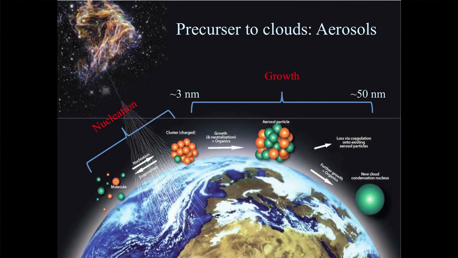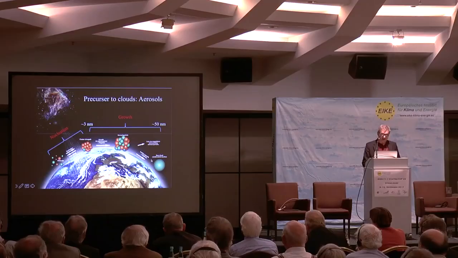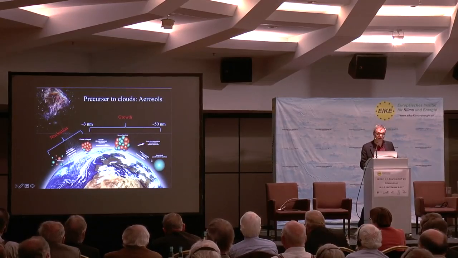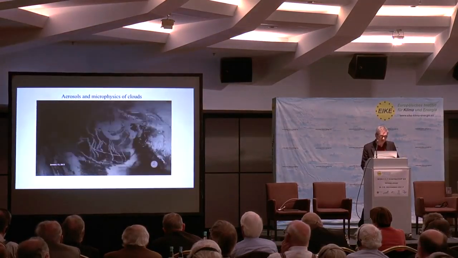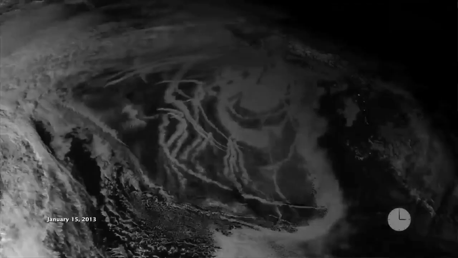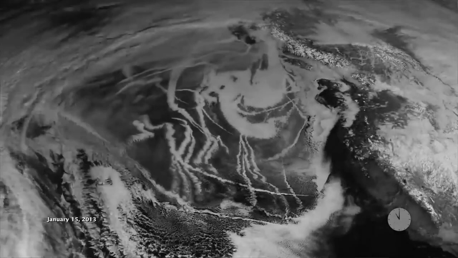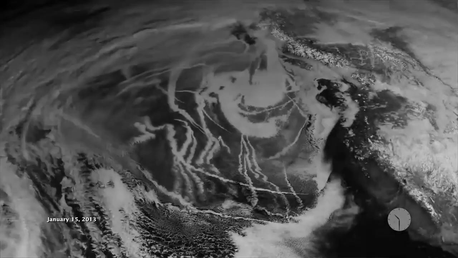So you actually form small clusters, and when you have more of these small clusters, the idea was that you also get more of these cloud condensation nuclei. So the next thing is that if you have cloud condensation nuclei, and if you can change them, you are changing cloud properties. And this is something you can see in this picture, which is from Meteosat, I think, a geostationary satellite. It's all the same image you see, but you can see what we call ship tracks, where a ship is sailing along a region where you have low clouds.